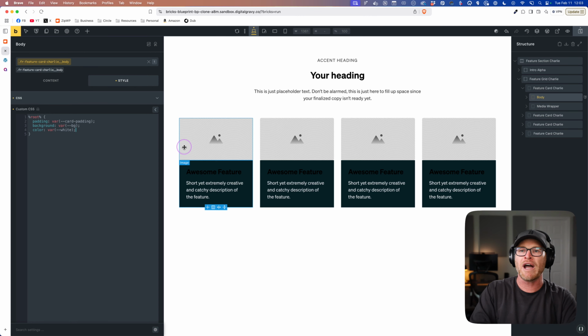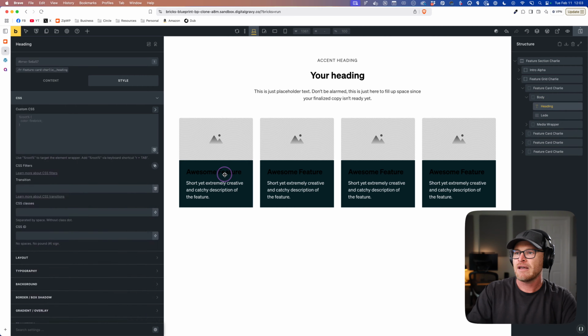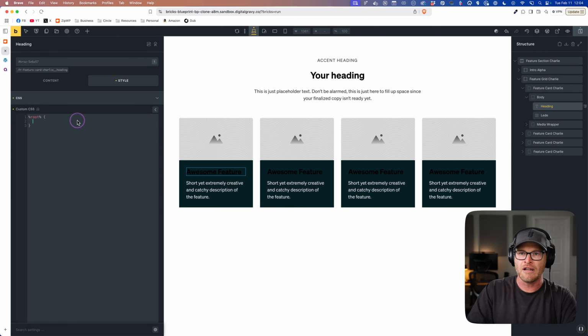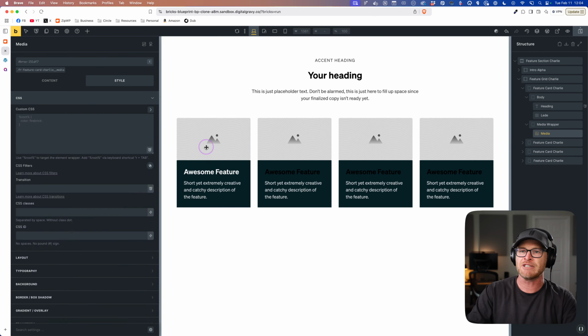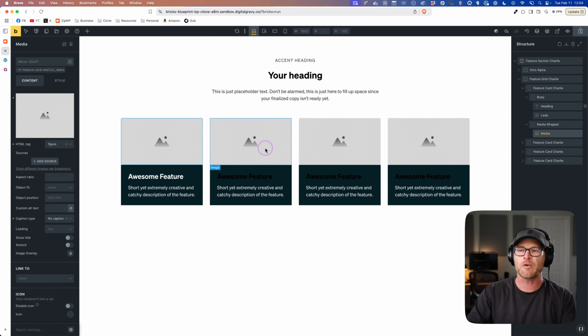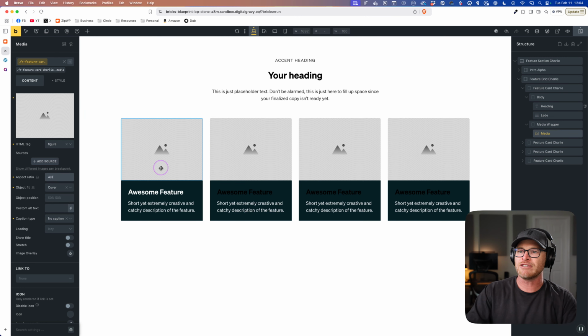I'm just gonna do color white on the text, and then I'm gonna go to the heading, and I will go color white on this as well. We're not actually trying to style this up perfectly. We're just demonstrating getting to a point where we can demonstrate the inverted radius. I wanna change the aspect ratio of those images.